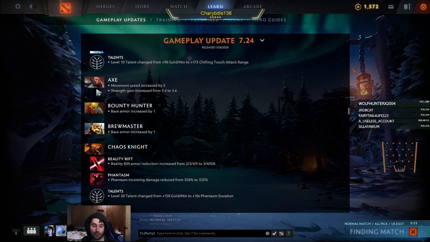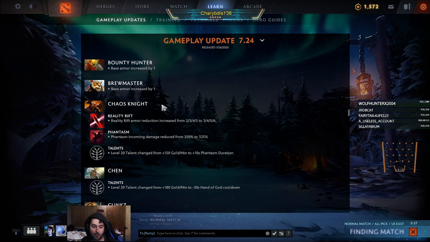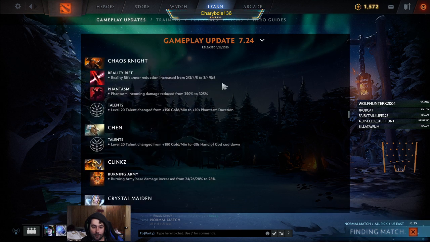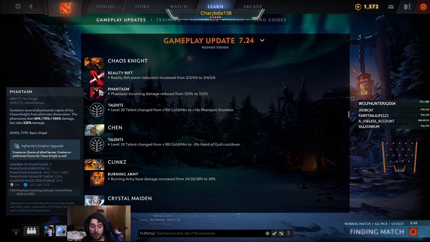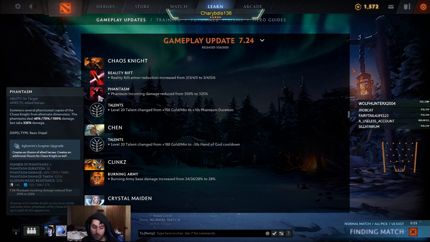Axe is faster. Strength gain is more, making him a better hero. Bounty Armor got armor. Brewmaster got armor. This is just a better laning phase for them. Chaos Knight, Reality Rift armor reduction was increased by 1 at all levels, meaning that it hurts more to get the armor shred. Phantasm incoming damage was reduced by 25, meaning it's harder to kill the phantasms. And now instead of the gold, has the 10-second phantasm duration, making phantasm last longer. Instead of lasting 30, it lasts 40. The problem is, are they going to live for 40 seconds? I don't